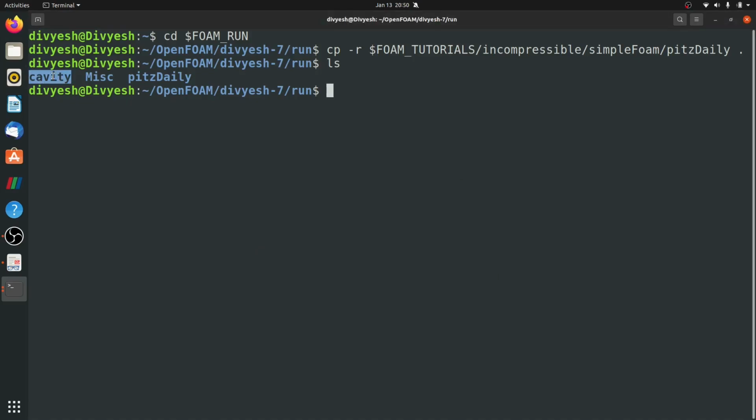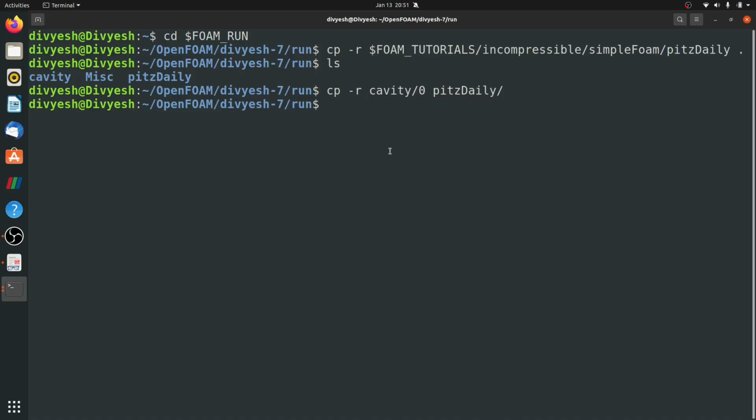Now from the cavity case, I have to copy the zero folder to the Pitts-Daly case. So I'll run the copy command cp -r cavity, then the zero folder, and we need to copy into Pitts-Daly. By hitting enter, it will copy the zero folder into our Pitts-Daly case.